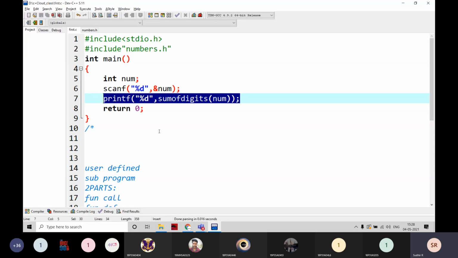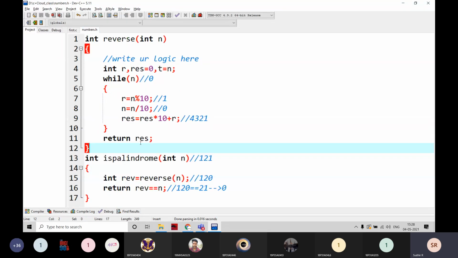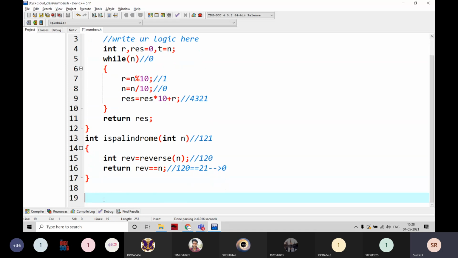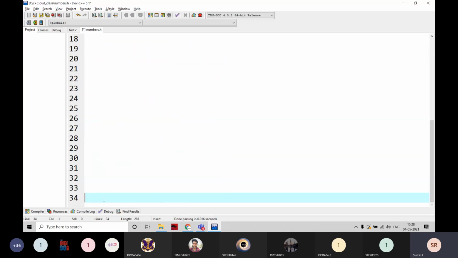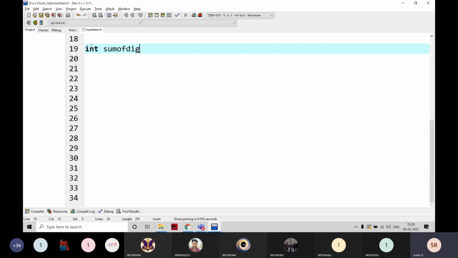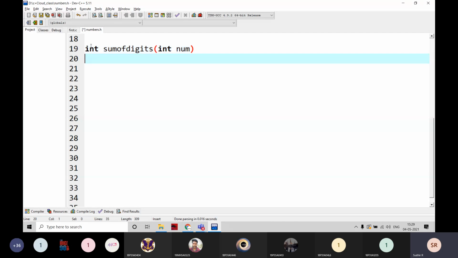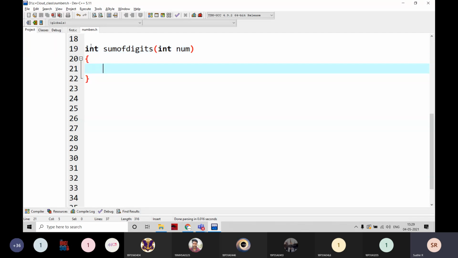Now moving into the numbers.h file, I'm going to write the logic here. The return type is going to be integer, and sum of digits int num. Sometimes it is not taking like this. By default the data type is going to be integer.